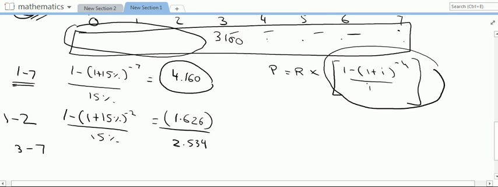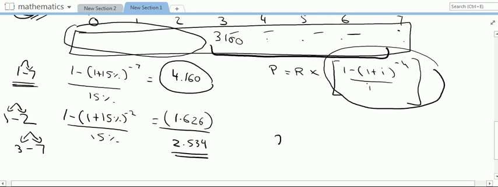Since this had discount factors from year 1 to year 7, you subtracted the discount factor from year 1 to 2, and you are left with the discount factor for 3 to 7 for this time period. Now under this method you can simply use the 2.534 and multiply it by 3100 to get your desired answer, which will be 2.534 into 3100, which is 7855. If you check, this answer matches with